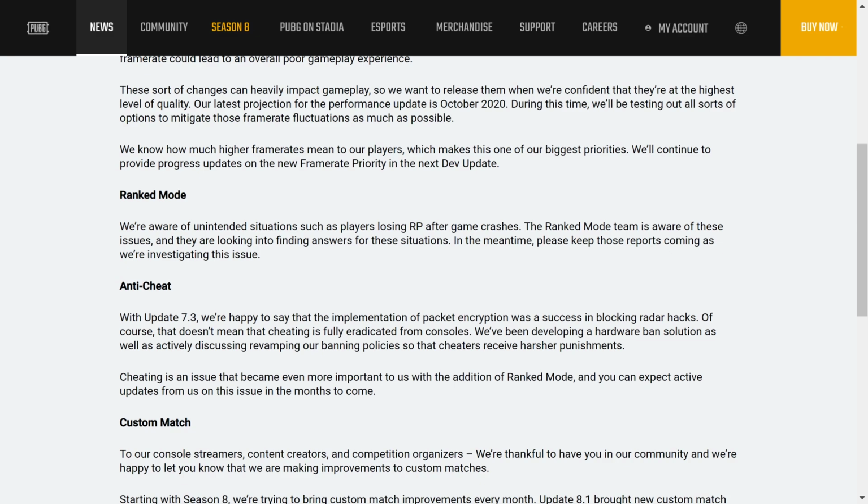where perhaps they could have been using that, or if you've seen a kill cam since update 7.3 where they shouldn't have been able to find you and they just lock onto you. Let me know what you think. I personally haven't been killed in that way for a while now, so for me it does seem that this is correct. They also go into saying that obviously this doesn't mean that all cheating is gone on console, unfortunately,